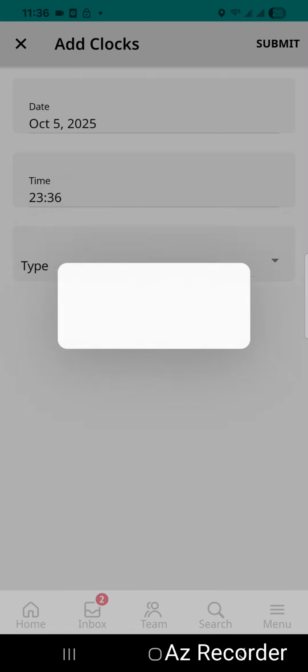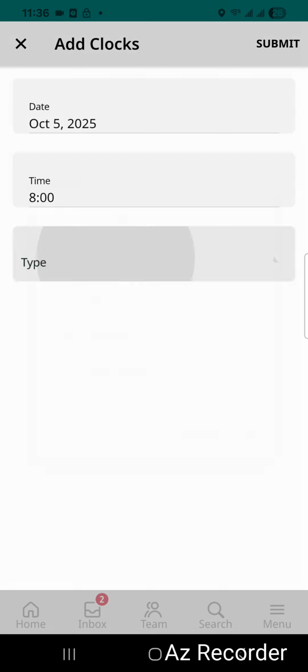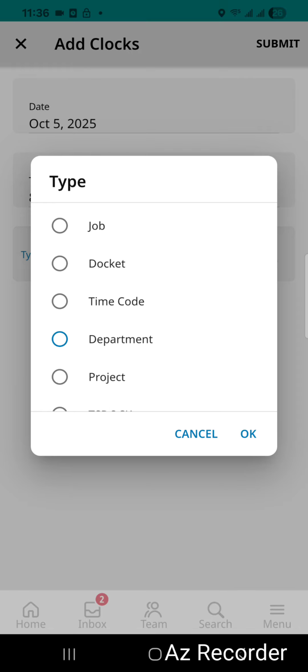So I'm going to get the time to reflect my start time, so that it charges time to that cost center from my start time to my end time. So my start time for the purposes of this demonstration is going to be 8 a.m. My clock out time will be 6 p.m. or 1800. So I'm going to click on done, and then I'll click on type department, and then UTA department